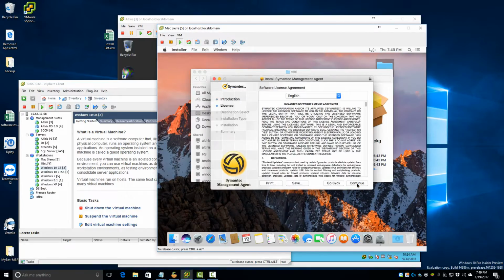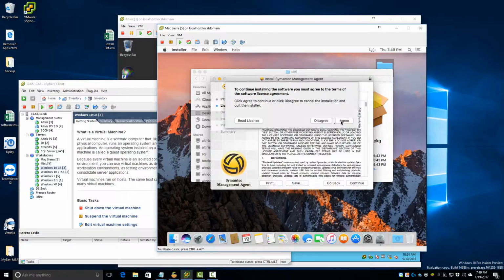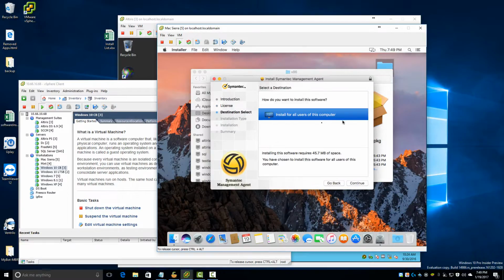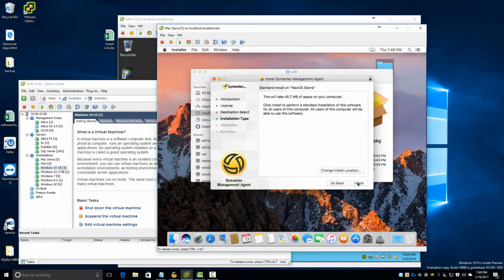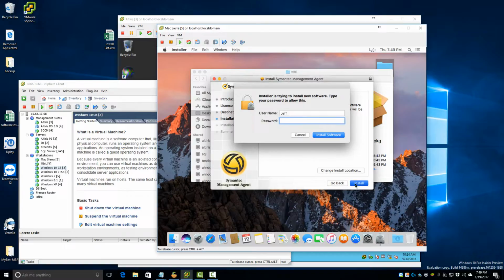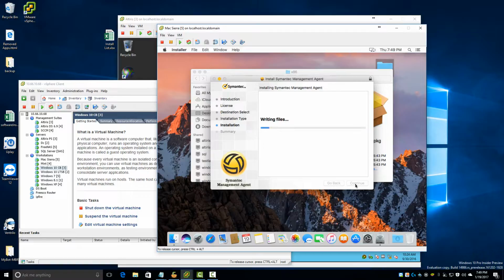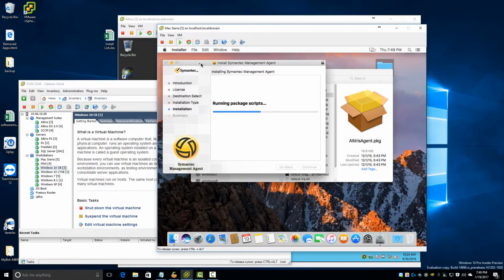Now at work, I did have a problem where running through these, the software piece did not install. So I may have the same issue here, which we can get going. I just enabled the policy from within the Altiris console, and it deployed, which was nice because it deployed it and it worked. So let's go ahead and